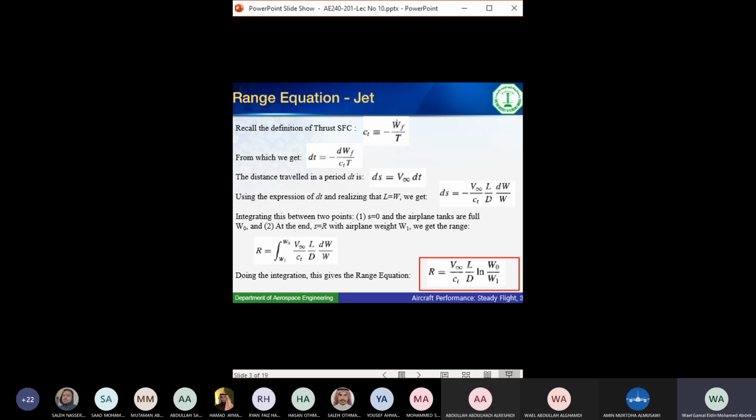Okay. And why do I need to do this? Because I will take this W dot and I will convert it to dW over dt, as it should be. Then I will take dt on one side and everything to the other side. Then I will take this dt and say, okay, if I multiply dt by the speed, that means I will integrate the speed with respect to time. This should give me the distance, and this is the distance I'm looking for. So the distance ds is V dt. If I integrate this equation here,